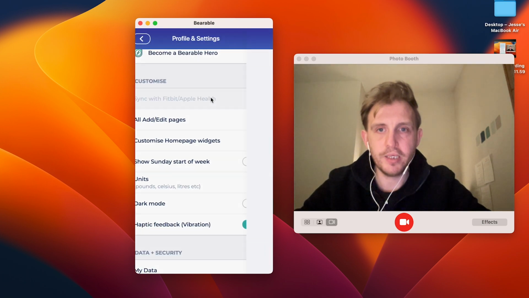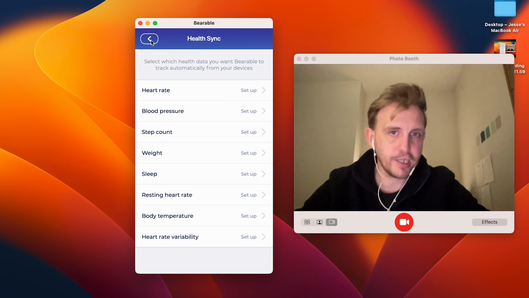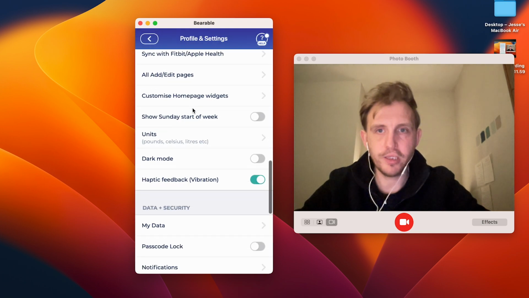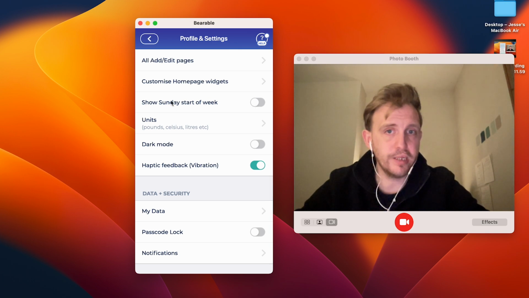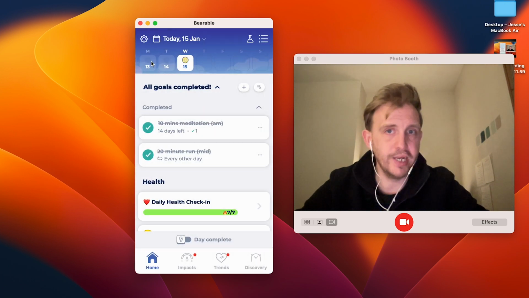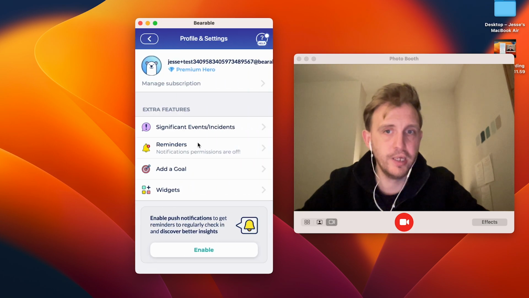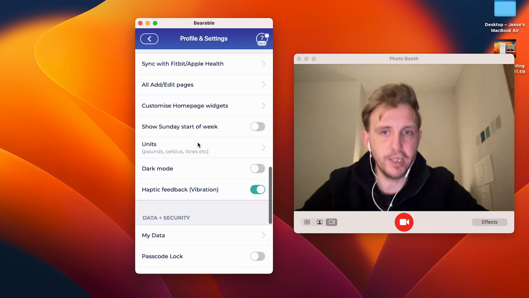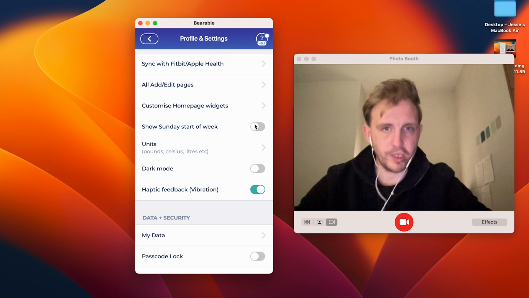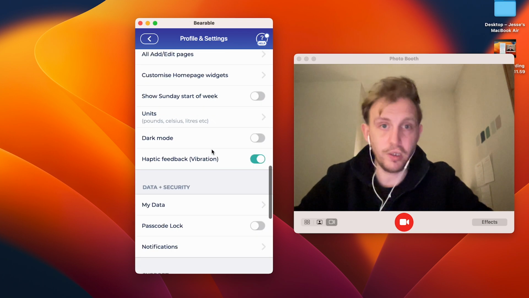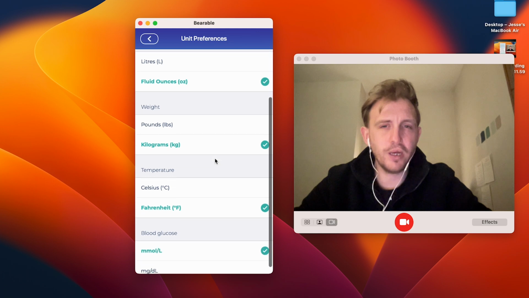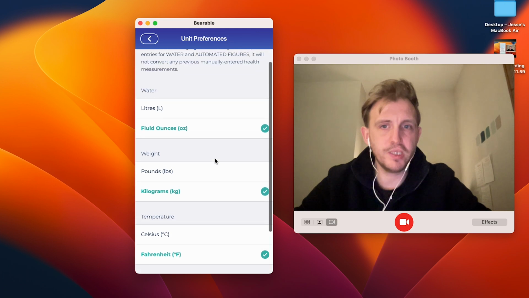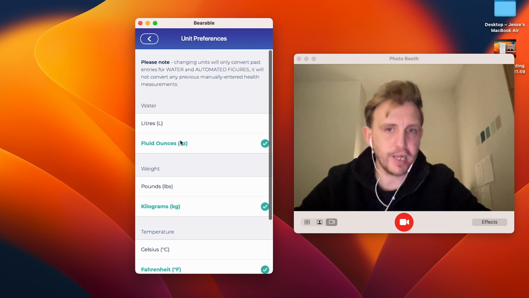Perfect. This is a shortcut to the syncing screen in the health measurements section. For Americans, you can toggle on the start date of the week to be Sunday. So on the home screen right now, you'll see this is a Monday start date. If you're using a Sunday start date for your week, you can toggle this on and off. If you're American as well, I think most of what we use defaults to the American settings, so like